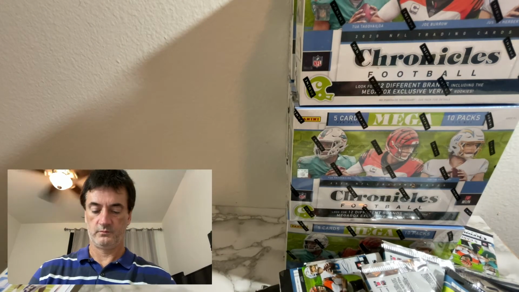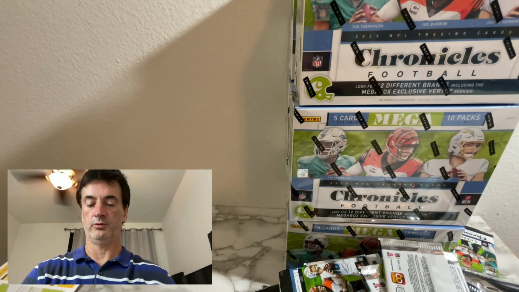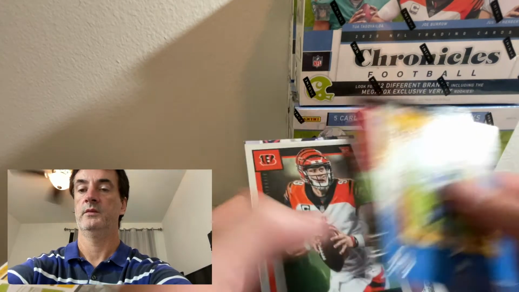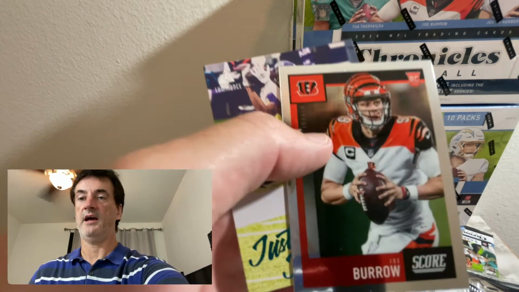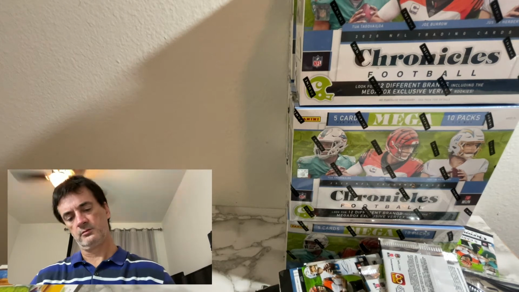Jalen Reagor, Roquan Smith on the teal. Hopefully we can go out on a good note here with a couple good Prizms or a nice Prizm silver. Jordan Love base rookie. Oh, there we go, nice one. Joe Burrow score. Centering doesn't look half bad on that one actually, so that's a good thing. Justin Jefferson teal. Pretty good wide receiver